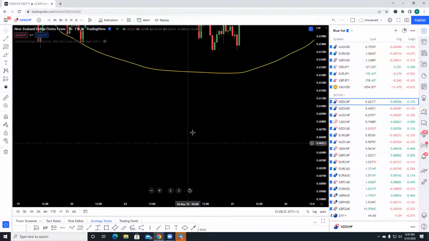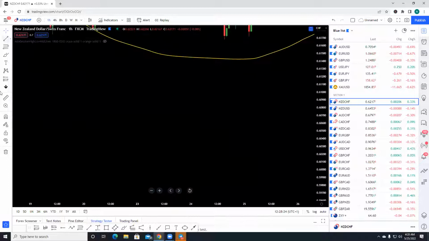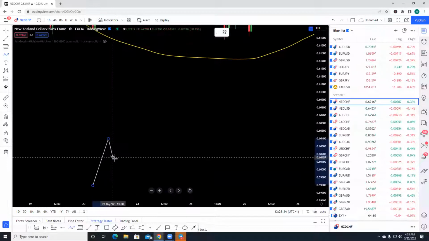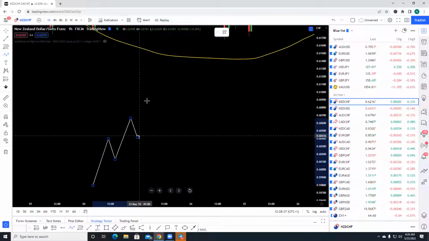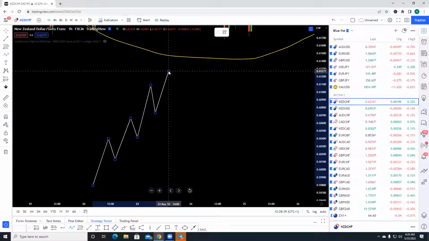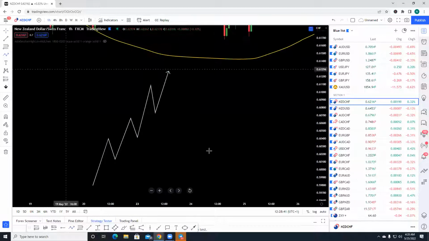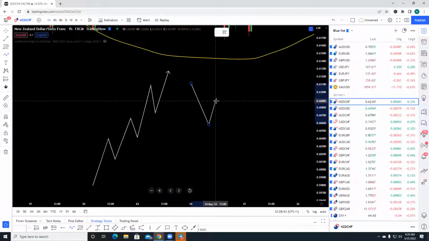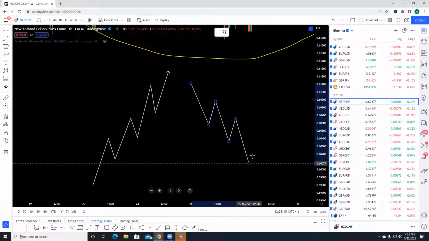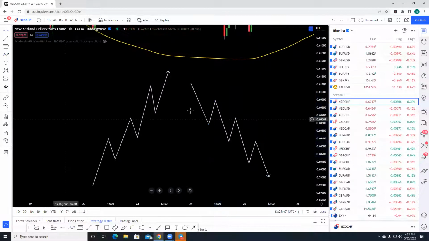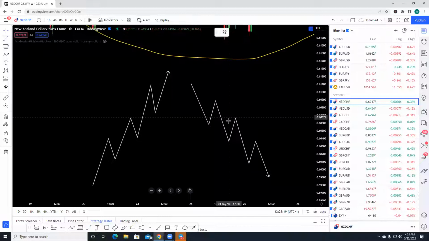Okay, what is a market structure? A market structure depicts the flow of the market, all right, in terms of downtrend or uptrend or consolidation. So for an uptrend, you have a structure like this. Okay, watch my video on understanding market structure. For downtrend, you have a structure like this, okay? And in most of the cases, when a market breaks a structure, wait,